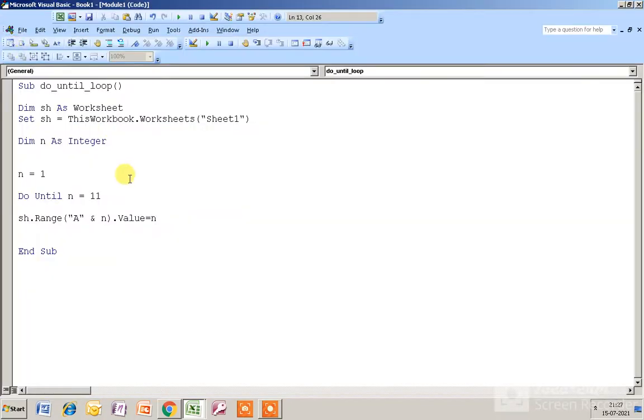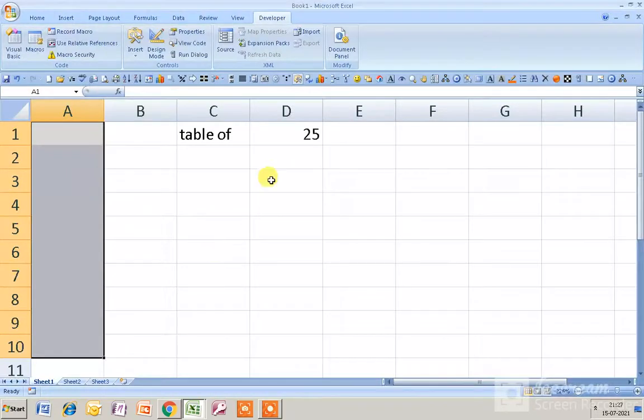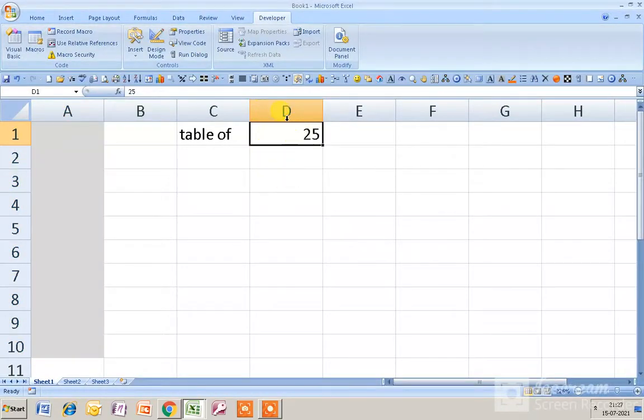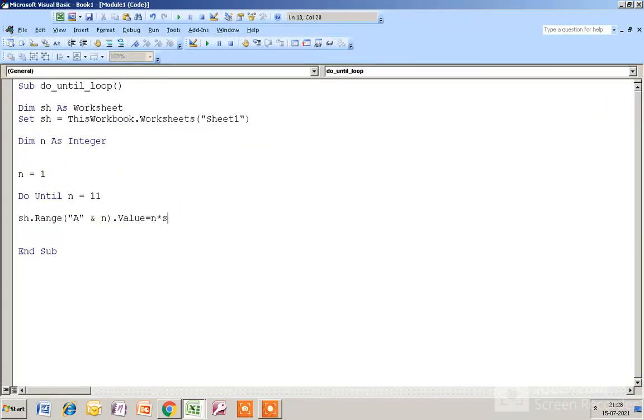N into what? Into this value. What is the range of this value? The range is D1. You can see here it is D1. Okay, so I have to give this value here, that is sh.Range("D1").